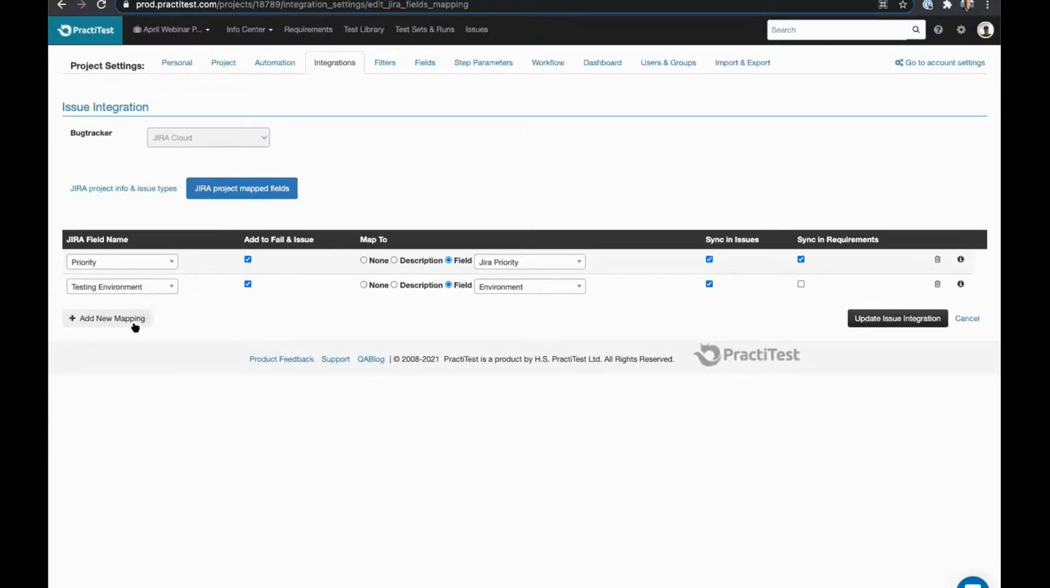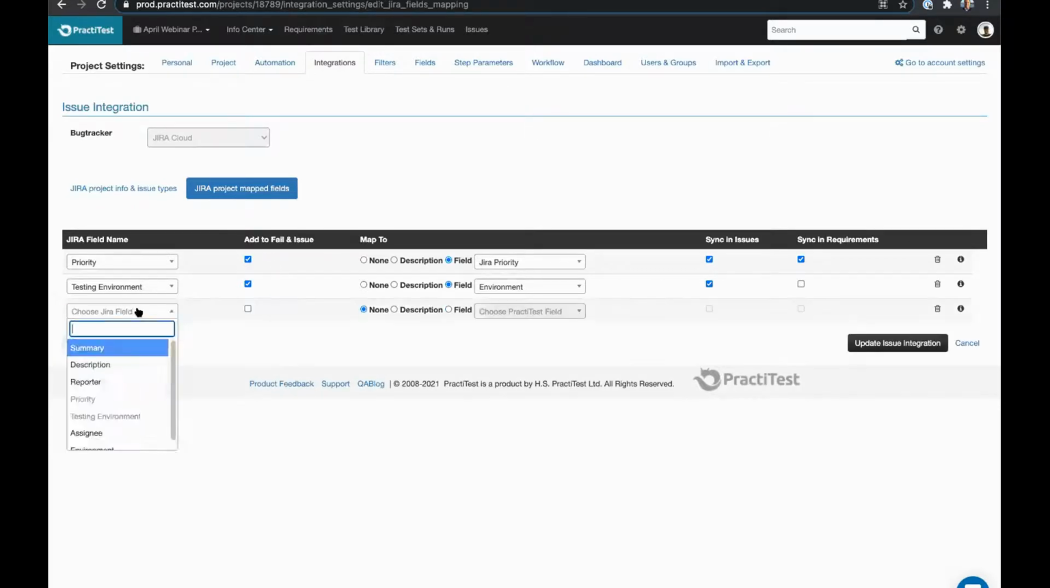First of all, whenever I bring a new field, for example, let's say that I want to bring my reporter field, I can select here to place it on the fail an issue. So whenever my user is going to be sending the bug, I can basically send also this field for the reporting here. In addition to sending it on the fail an issue